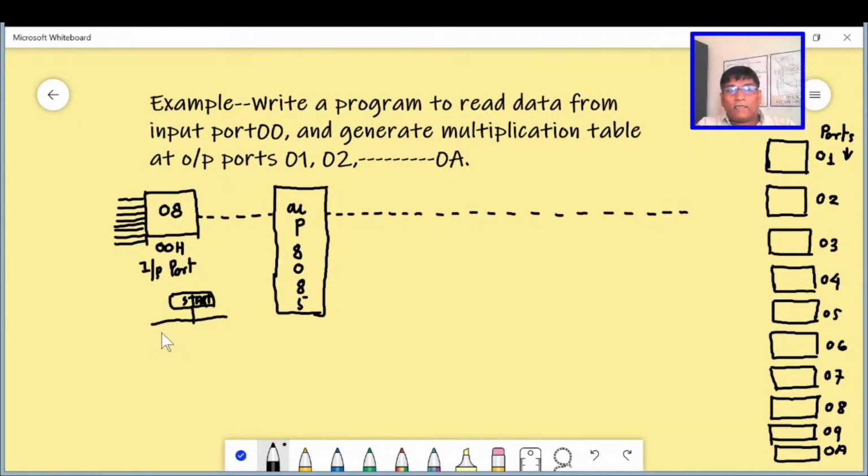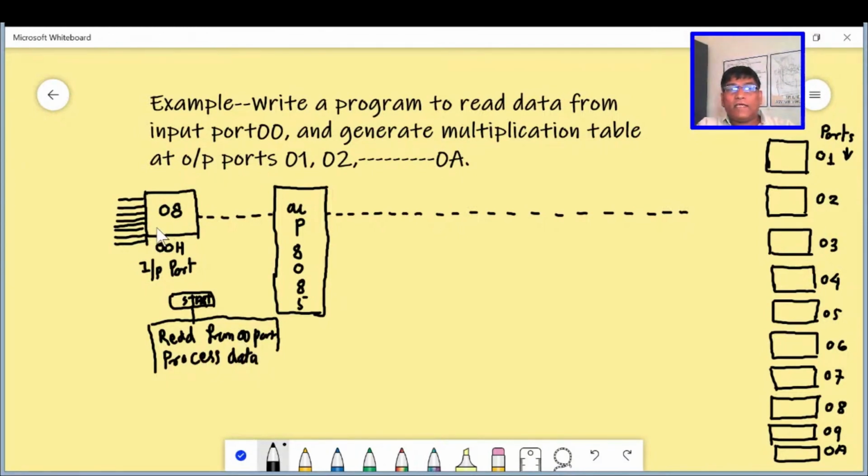Now the thing is, we have to read the data from 00 port. This is the second thinking process, and then some operations are to be performed. Process data. What will be the data?